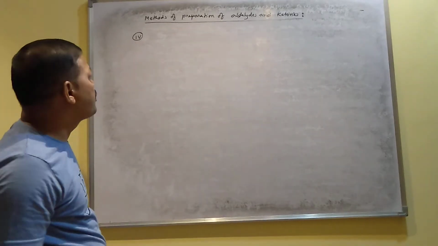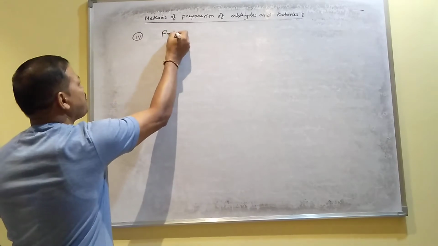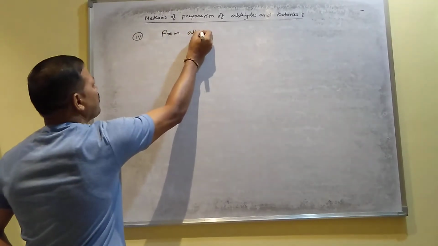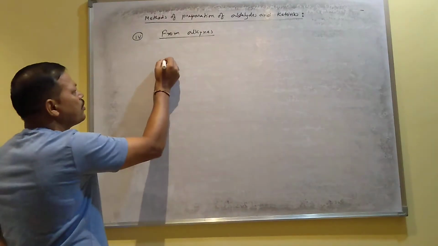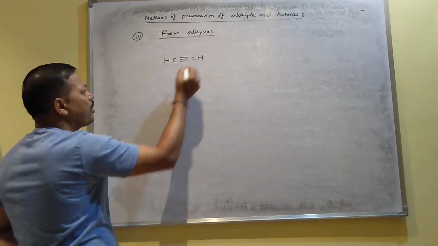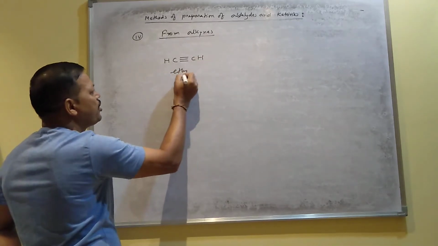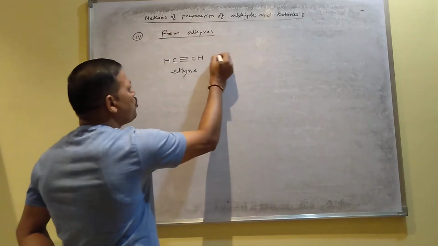Number 4 method for the methods of preparation from alkynes. This is one of the important reactions. So I considered the ethyne molecule, one example of alkyne. When you apply water